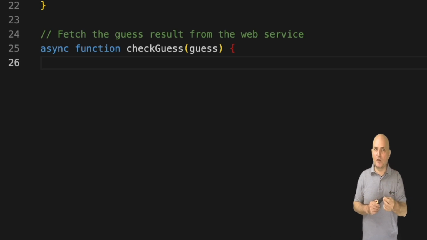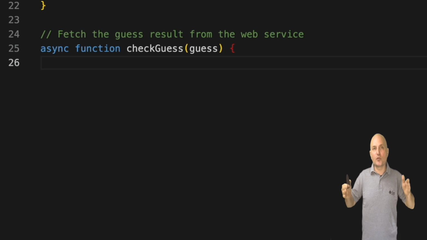But the interesting thing about the method is the async keyword. This method is invoked by the browser. This means that when the user enters the word, the browser needs to send a web service request to the server. If it did that, the UI would block while waiting for the network connection.